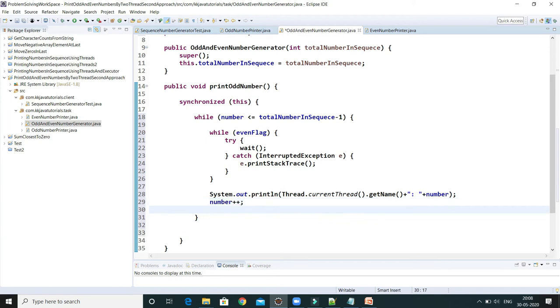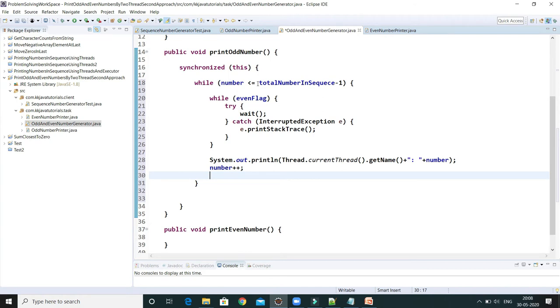And after that you will have to make this flag true. If this flag is true, then the thread is going to be in the waiting state. So after printing the odd number, you have to make this flag true, so that the other thread will get a chance.